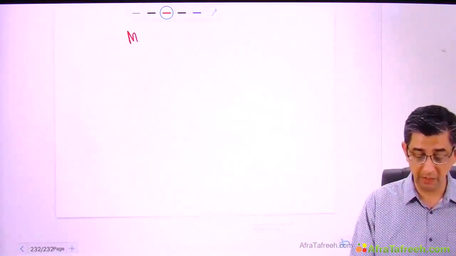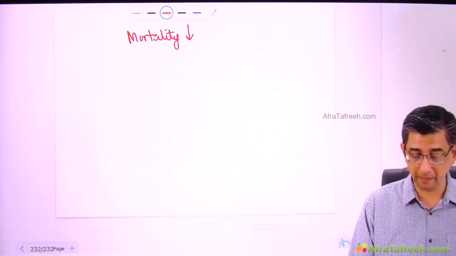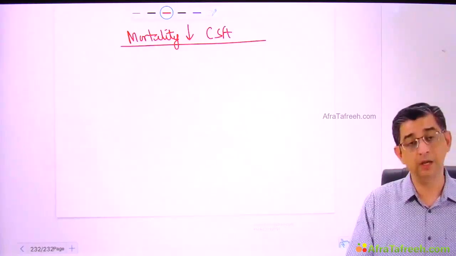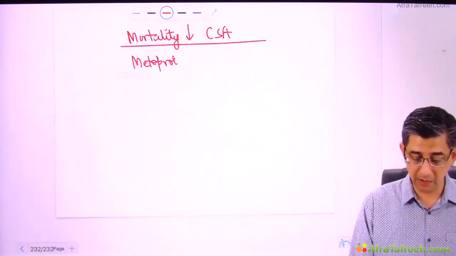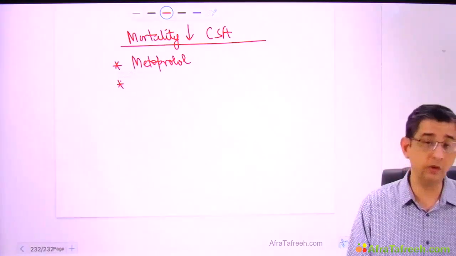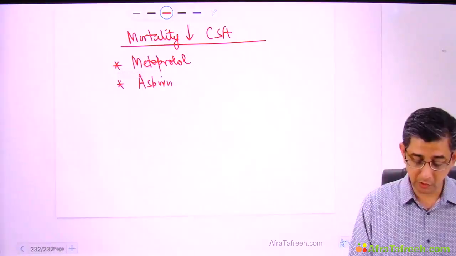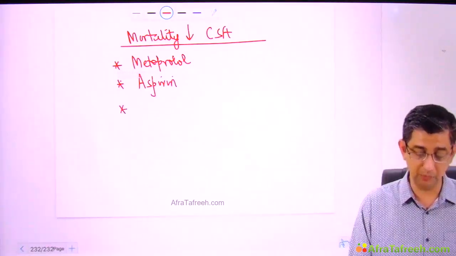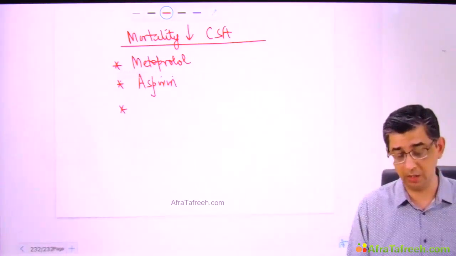The message I wanted to give you was that there are multiple drugs which will reduce mortality in a person of chronic stable angina. Let us just list them down. Beta blockers have been substantially shown to reduce mortality. How? By decreasing the heart rate and decreasing oxygen consumption. Low dose aspirin will anyway reduce the chances of thrombus, because we spoke about vulnerable plaques initially, so there can definitely be a plaque fissure. I don't want a coronary event to occur.